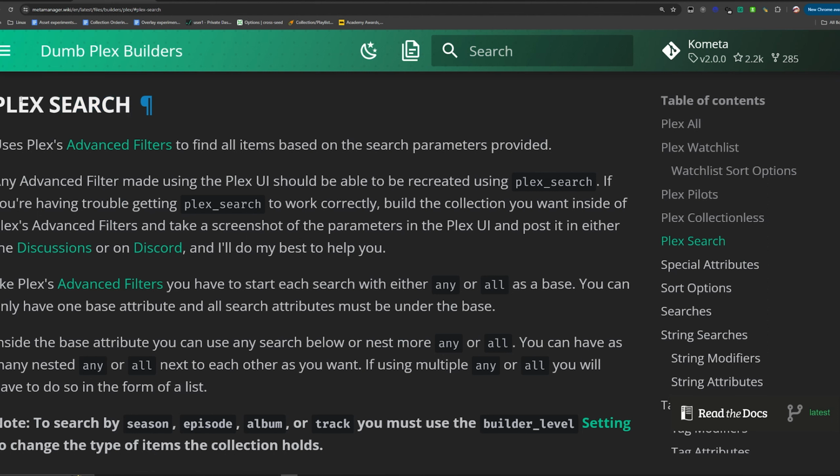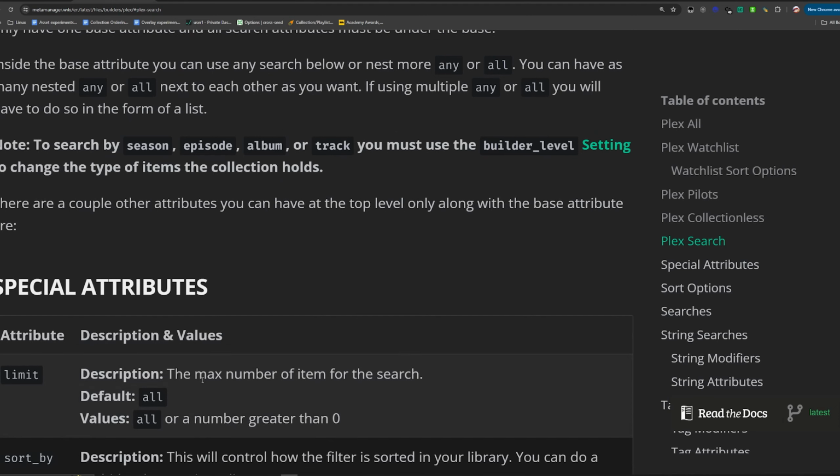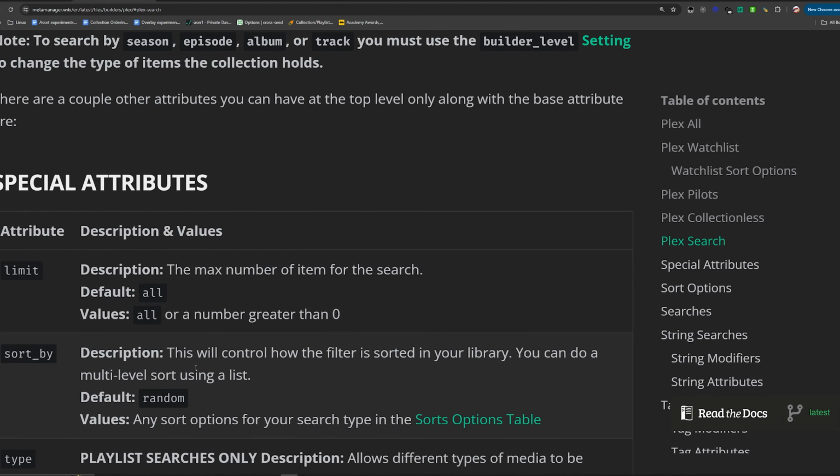When you're utilizing the Plex search attribute in some kind of definition, whether it's a collection definition or an overlay definition, that's where this would come into play. Or even if it's a dynamic collection, I'm sure you can utilize Plex search. And Plex search is a good way to sort